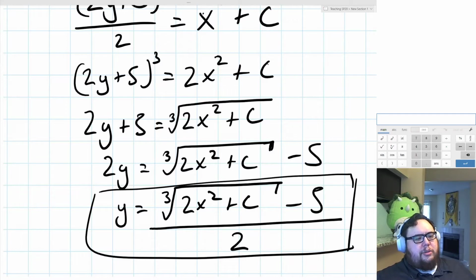You could have done this without U substitution, but the version that you get without U substitution is a lot harder to solve for y, because you get a cubic polynomial in terms of y on the left hand side, and then you have to solve that cubic polynomial for y, so you'd have to factor it, and it's a whole mess. I think it is much nicer if you do the U substitution here.